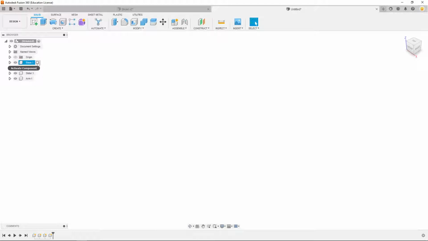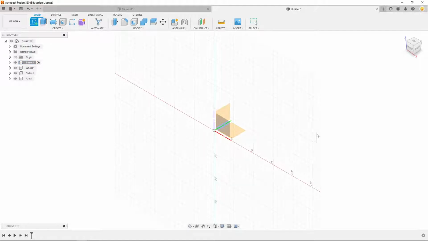And if I activate my base component, I'm now sketching within this component. Make sure you change it so that it's not in your unsaved, because you could have these components but then sketch out the entire assembly just as unsaved, and it's going to be one solid block and it's not going to be able to move. So make sure you're in your base component. I'm going to click on create sketch. I'm going to use the top plane,